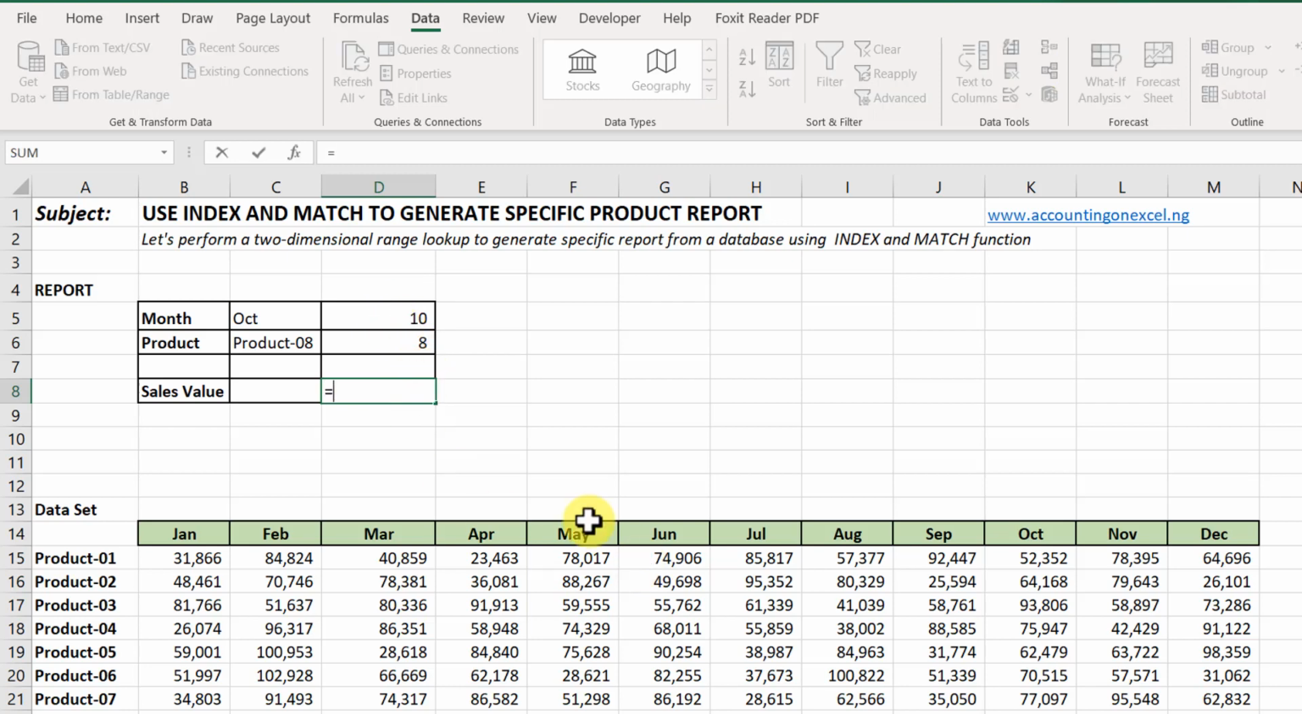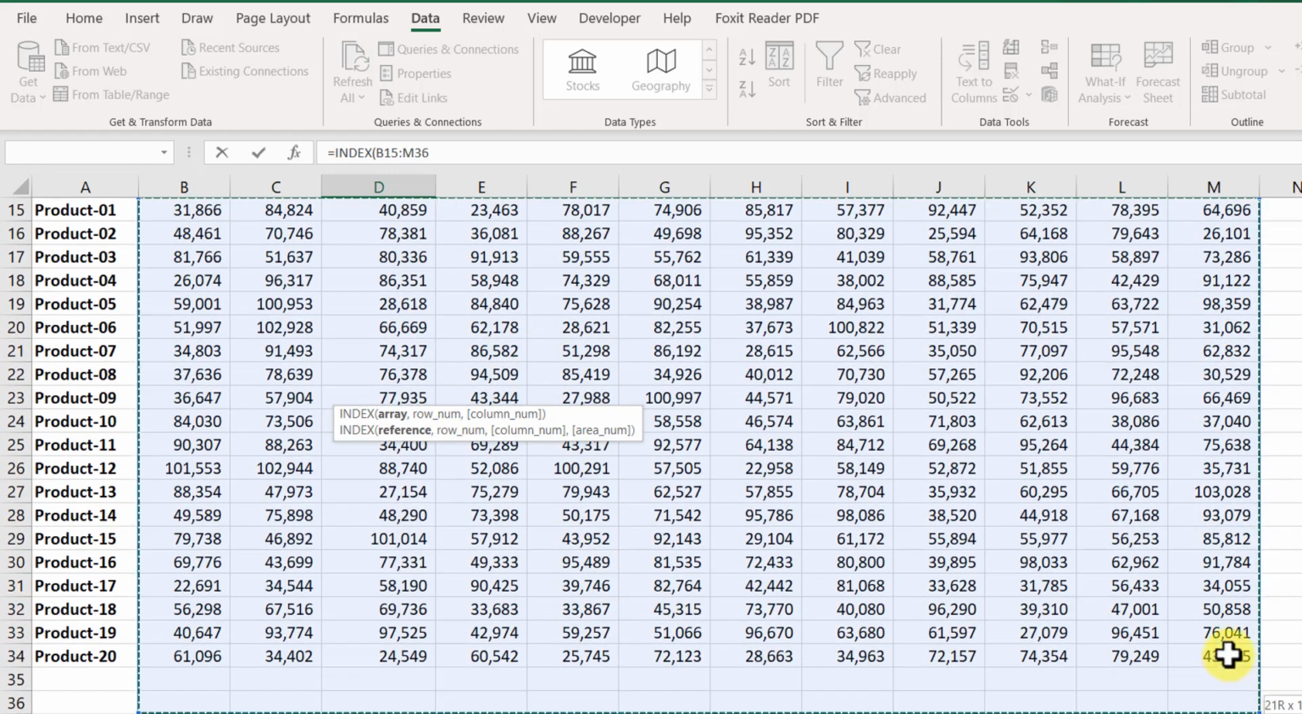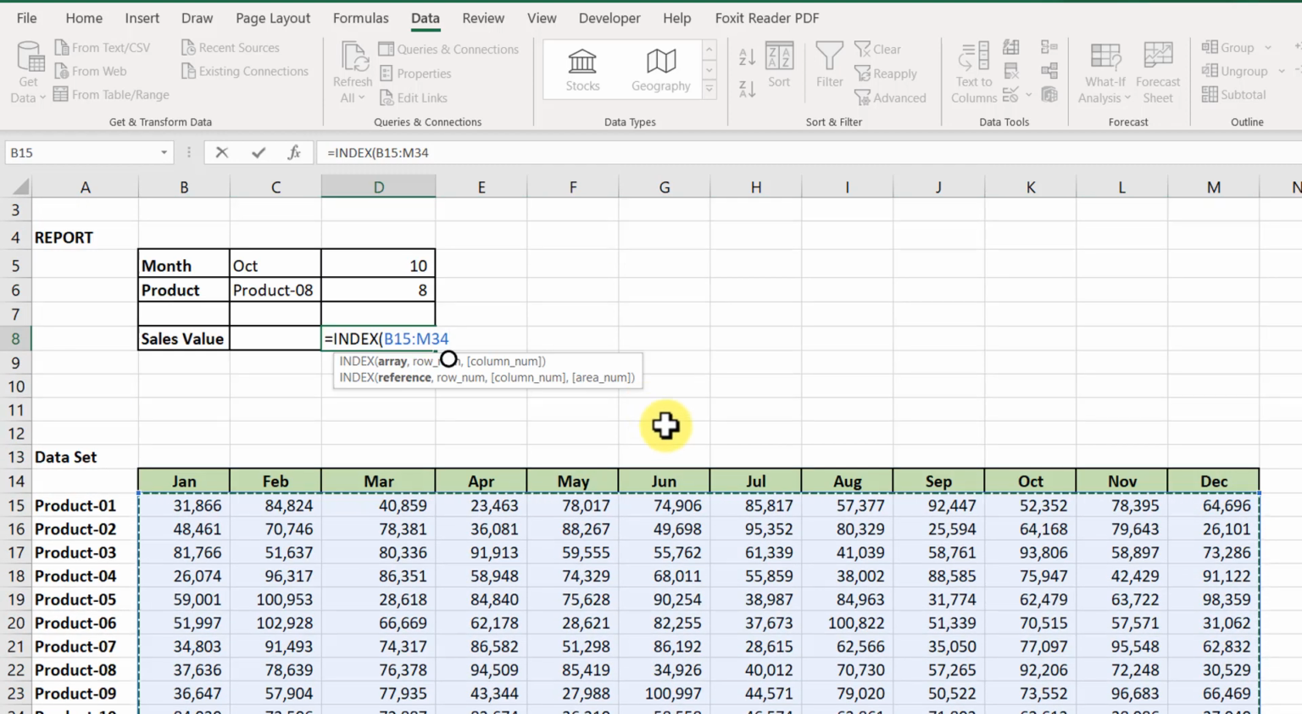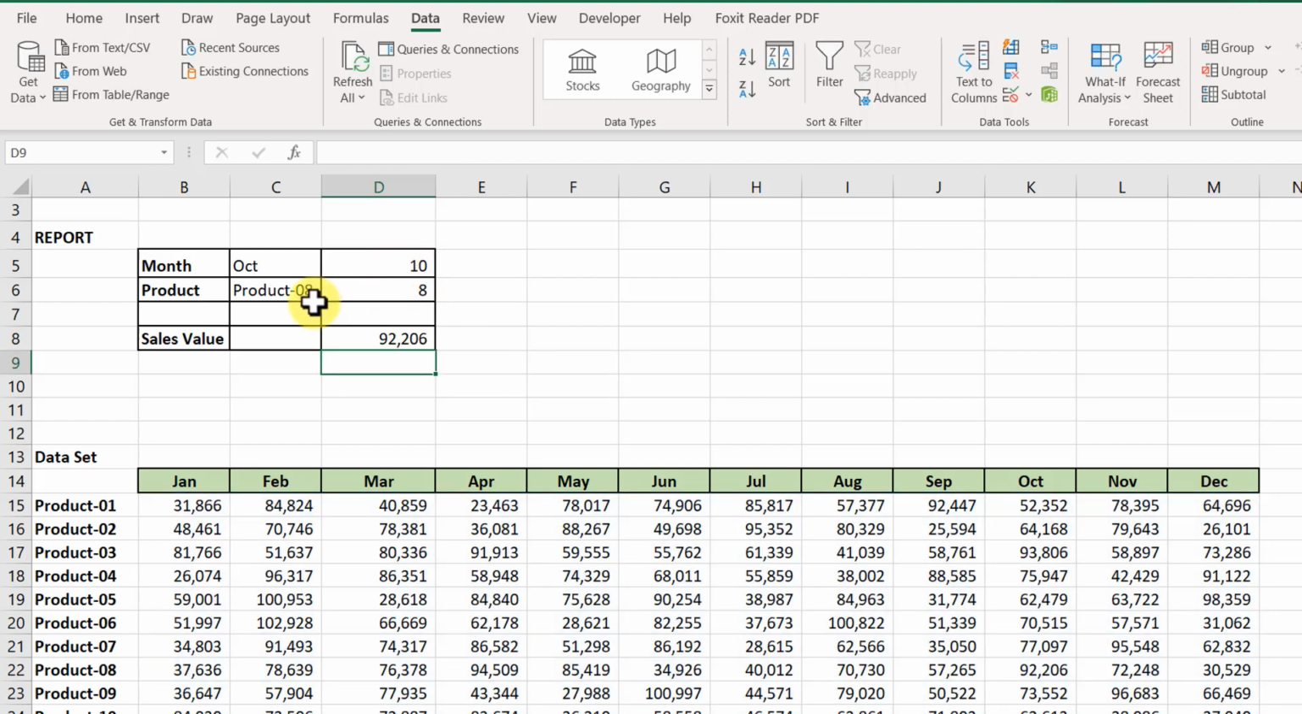So it says equals to index. What's the array? This is the array we are looking at. This is the range we are looking out for the sales value, where we want to get the sales value from, right? So what's the row number? Remember, the row number is this particular product. We've already inputted the match function here, so we'll just select it. And what's the column? The column is the October. Then we'll just close,